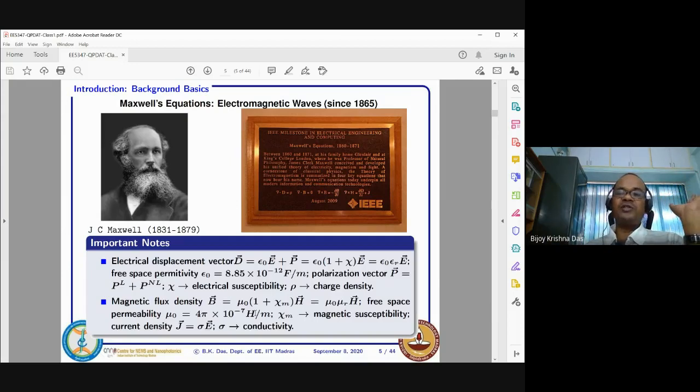This is all Maxwell's equations, and you don't need to worry that it is very difficult maths to understand. The only thing is that you have to understand these equations and their interpretations. That much is good enough. Any electromagnetic field book, if you open it, with the divergence and all those things, you may be afraid of the mathematics, but you don't need that. You only need to know a little bit of vector algebra and vector differentiation, and understand what rotation or curl means, and what divergence means.